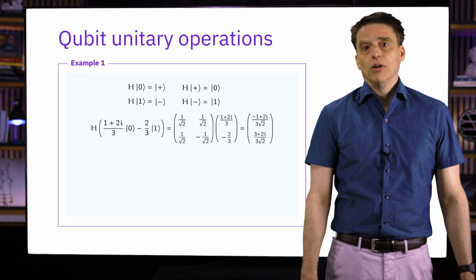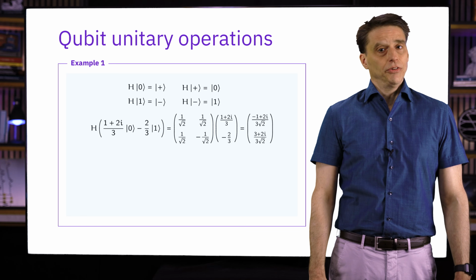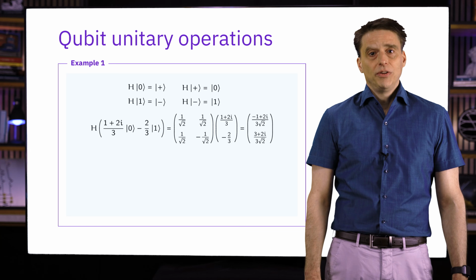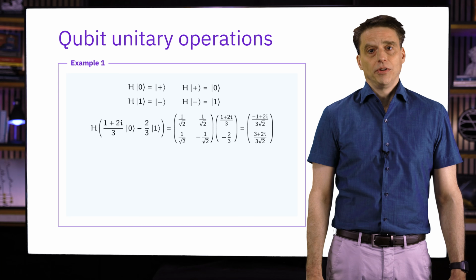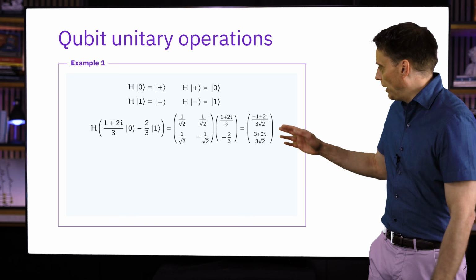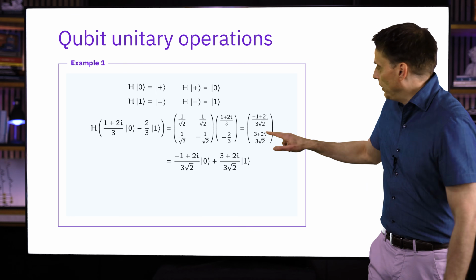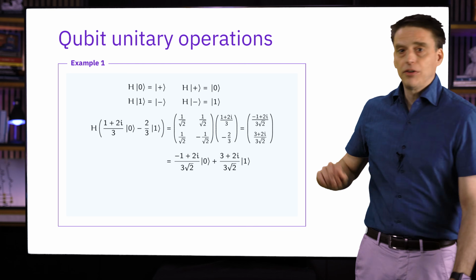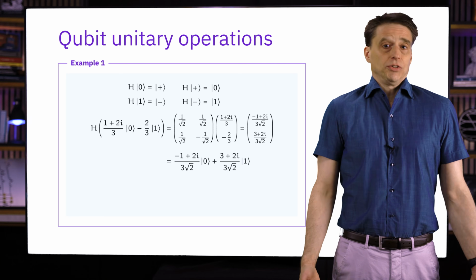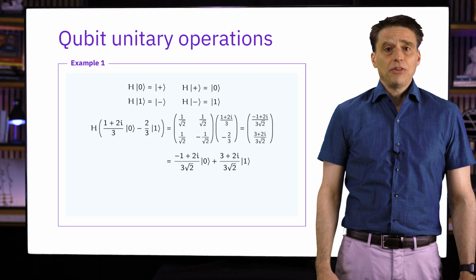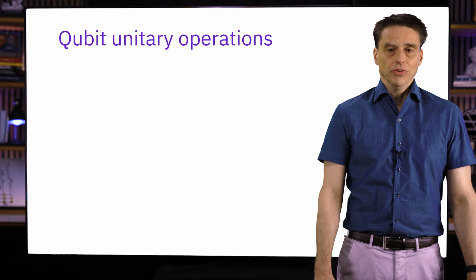Going back to the example of a qubit state we saw before that isn't particularly special, we can see what the Hadamard operation does to the state by converting to the forms that you see right here and performing the multiplication. And here is the result, which we can convert back to the Dirac notation if we wish. And that's one way to compute these sorts of actions.